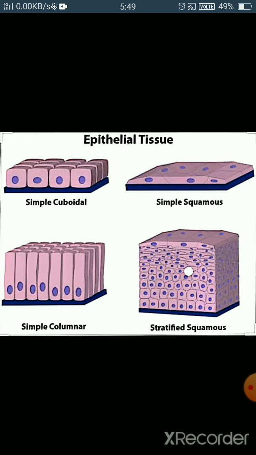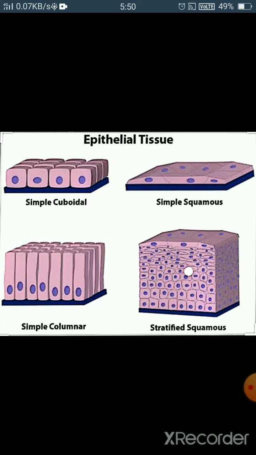Epithelial tissues are tightly packed and form continuous sheets. The first one is simple squamous. Simple squamous epithelial cells are extremely thin and flat. You can see in the picture that it forms a delicate lining. The esophagus and the lining of the mouth are covered with squamous epithelium. The skin, which protects the body, is also made up of squamous epithelium.